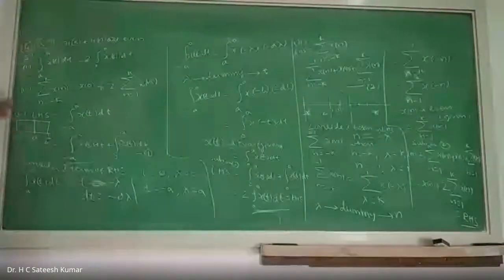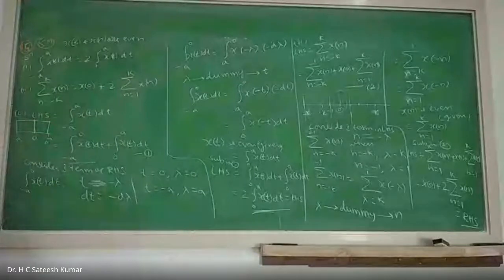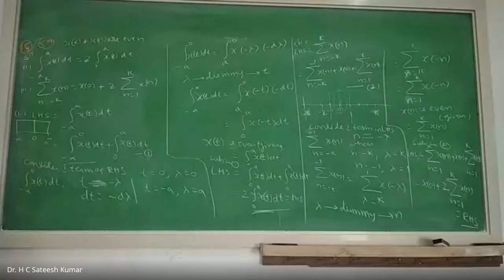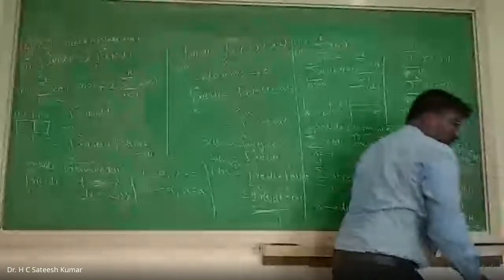Next, I will do x of t and x of n are odd. The same kind of problem, one more I will do, right? So you should carefully repeat it thrice or 4 times. Once again, if you find any difficulty, you can talk to me or discuss with me so that you can understand this problem. This is a very, very important problem that we have seen in the examination.